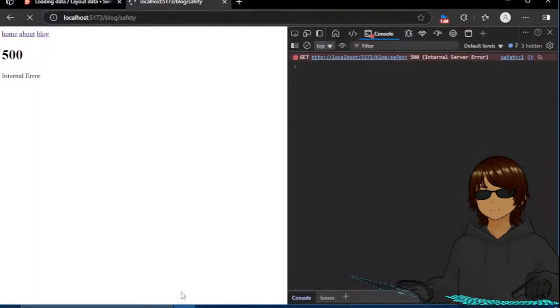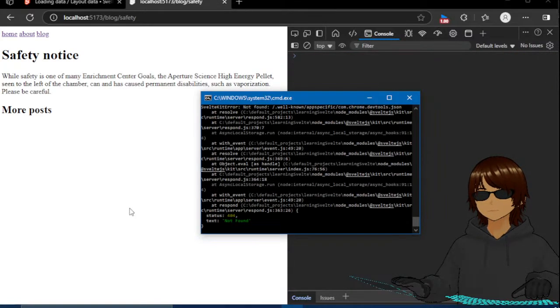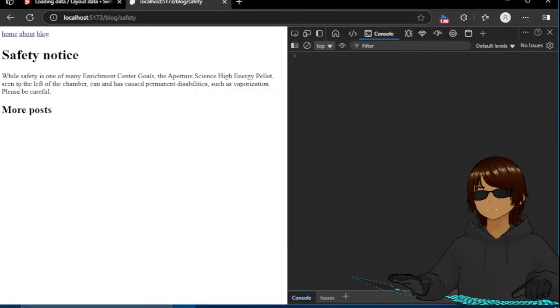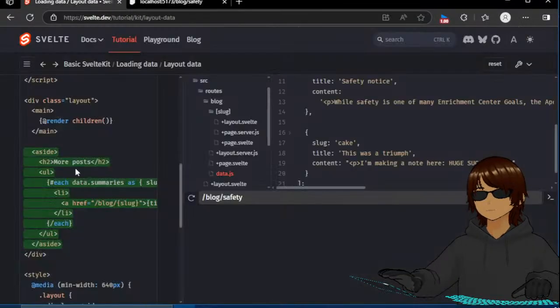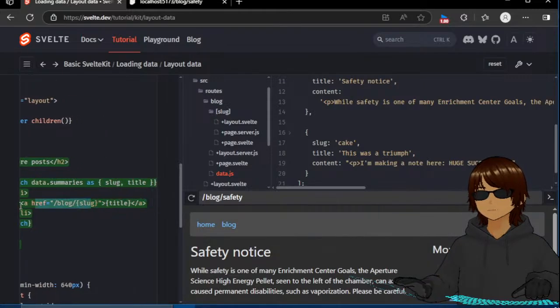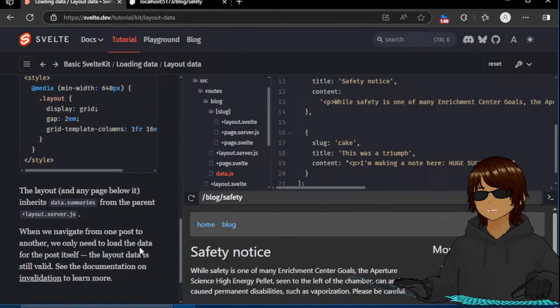Now it should work. Why does it keep saying not found? We have more post over here. Do they use each? Yeah, they use each, right? But let's load